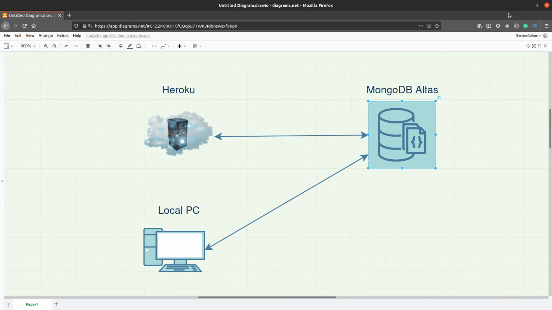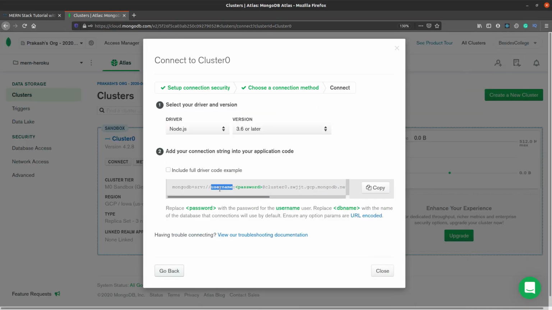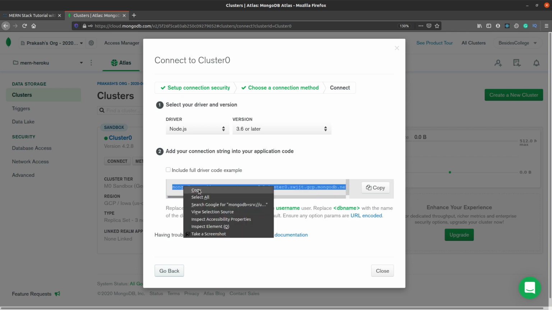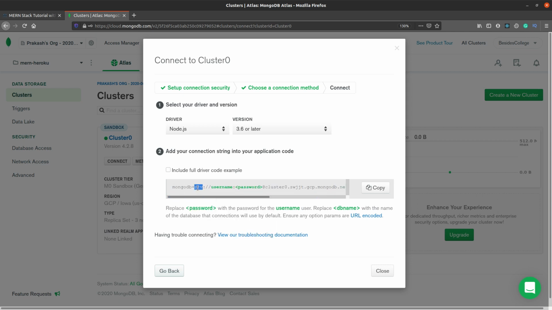Okay, all right. So the username which you have used might already be populated here. What you have to do is just replace the password that you had, and you can give a database name of your choice. Okay, I'll show you that in a later video. So this is the connection string that we are going to use in our application. So right now you can just copy it to your clipboard, and we will be using this connection string in the next video.